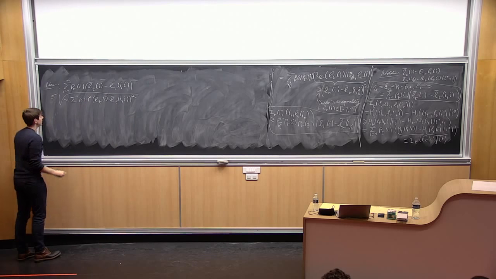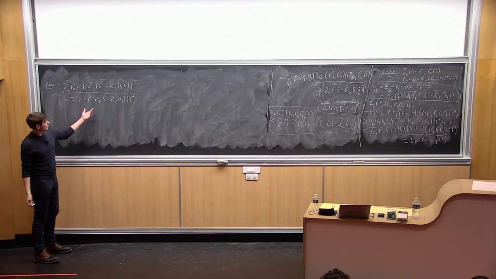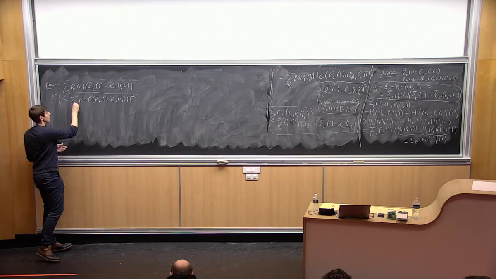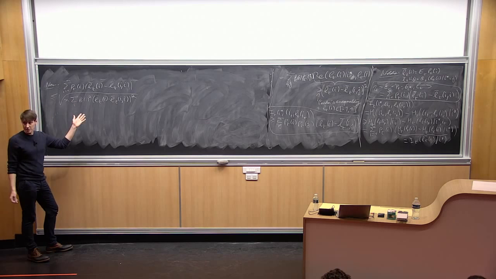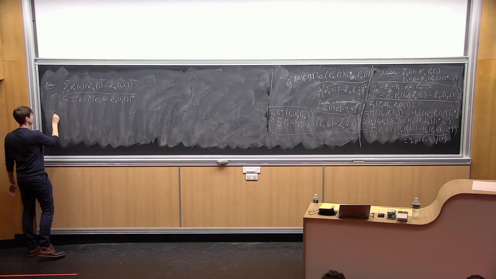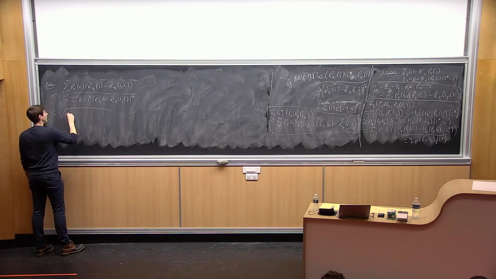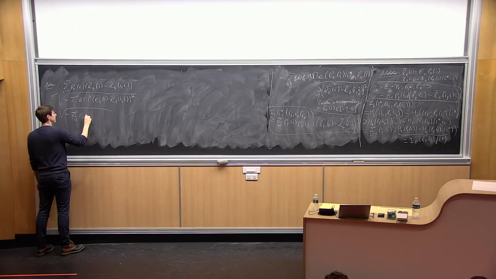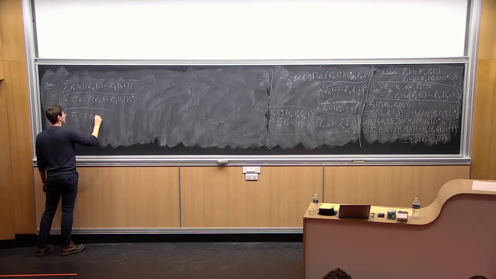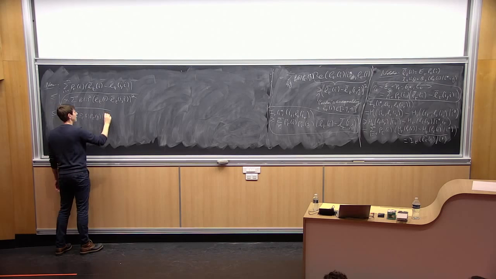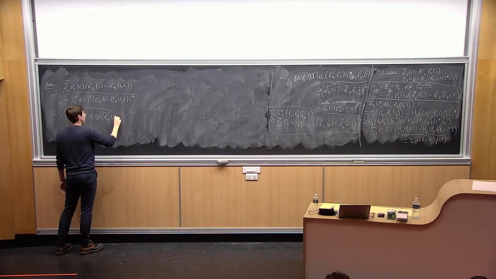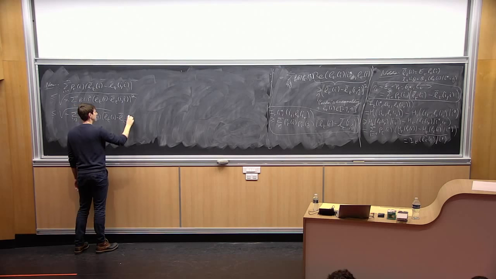Which is bounded by the sum, if I sum over i, j of p_t(i), p_t(j), L bar_t(i) minus L bar_t(j). So it's bounded by square root of n times the sum over i, j of p_t(i), p_t(j), L bar_t(i) minus L bar_t(j)